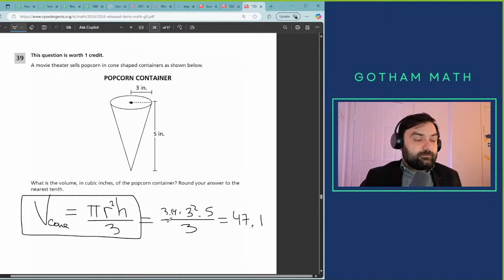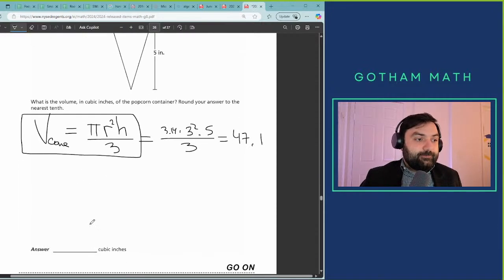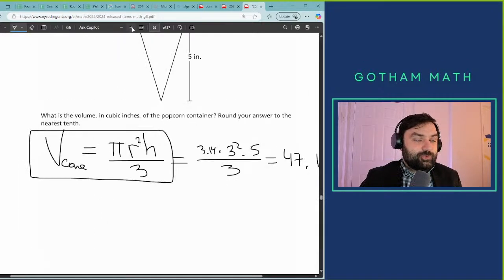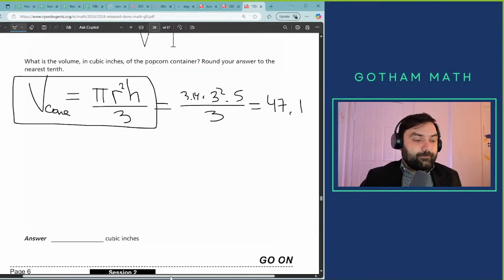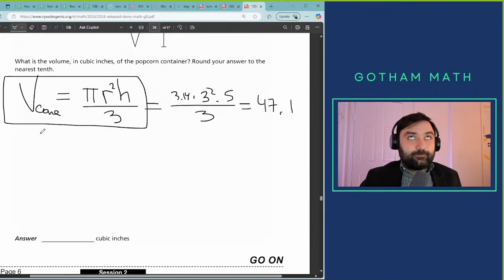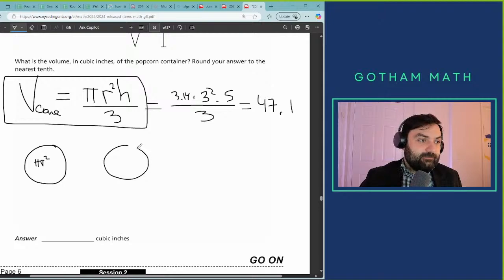And that's it. You know, I can actually show you how to remember the volume formulas for the cone and for the cylinder. It goes like this. Do you know what the area of a circle formula is? Well, everybody does. The area of a circle is pi r squared. Now, when a circle becomes a cylinder, which is just a circle with a height, if you think about it,